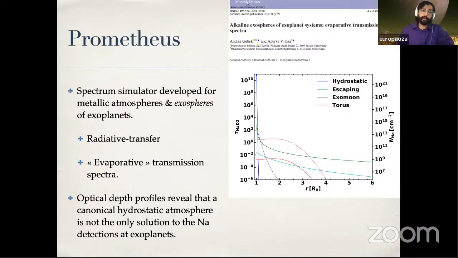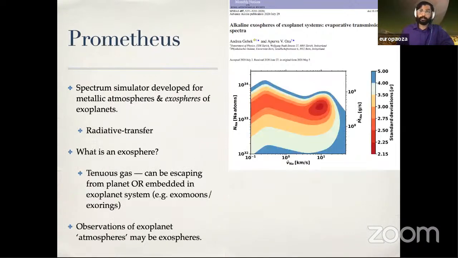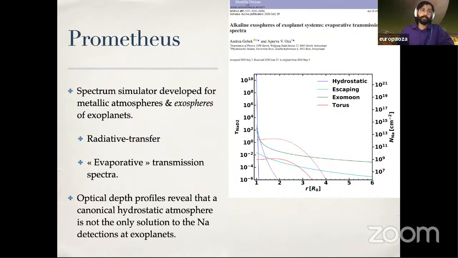So here these profiles reveal that a canonical hydrostatic atmosphere cannot be the only solution. If you look down, following the blue line downwards, these blue lines are the canonical atmosphere,